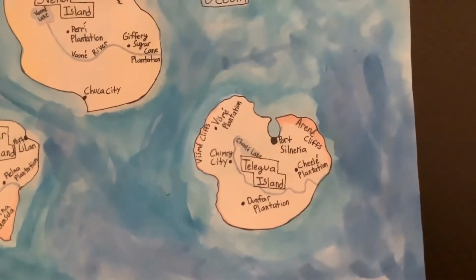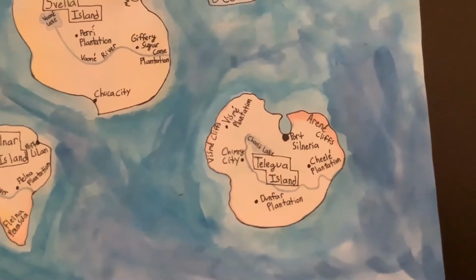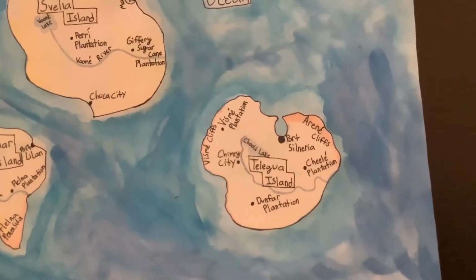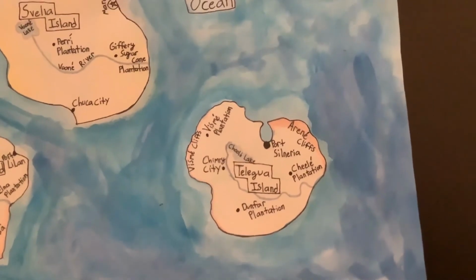This is Telegua Island. They have Port Silnaria. Now, Telegua Island is a bit dangerous. It's kind of been taken over by pirates, and it has a major Port Silnaria, which does a lot of business, mostly with pirates. So we have the Vizime Cliffs, which is where